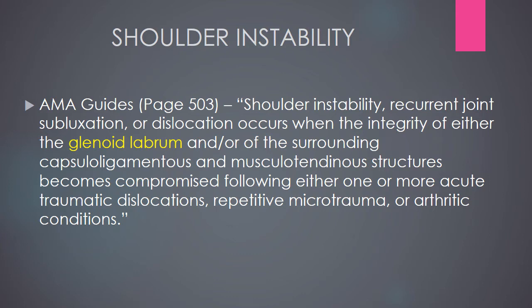So here with regards to shoulder instability, we see true proof of the necessity of proper balance and proper integrity of the bony structures, of the articular surface structures, the capsulo-ligamentous structures, and the musculotendinous structures. And compromise to any one or any combination of those structures will compromise the stability of the shoulder joint, which in and of itself is an unstable joint by virtue of the fact of its great mobility.